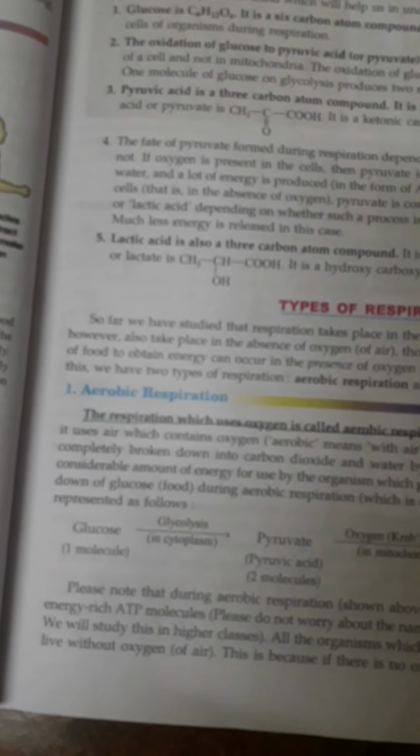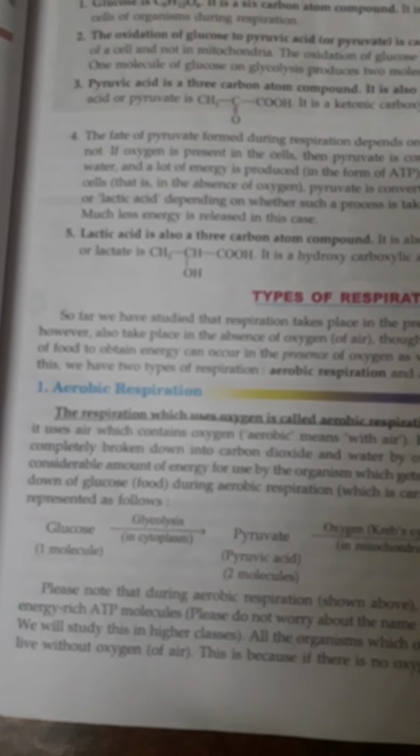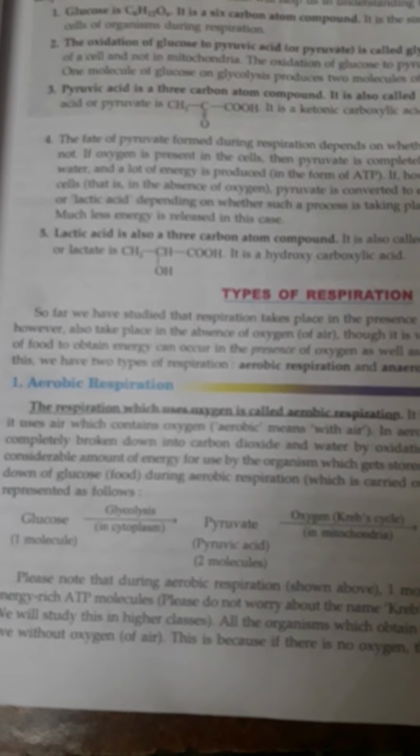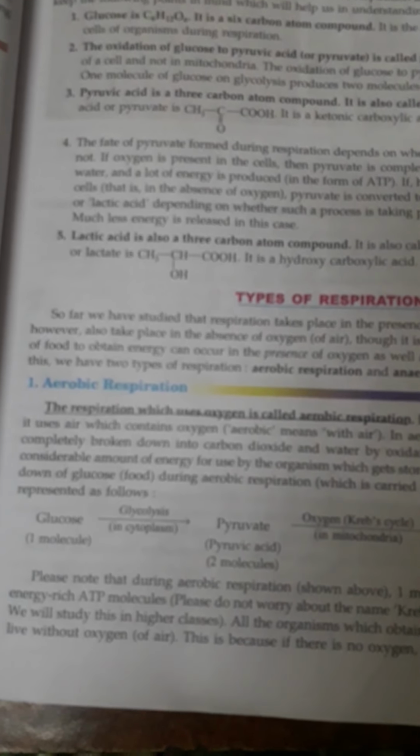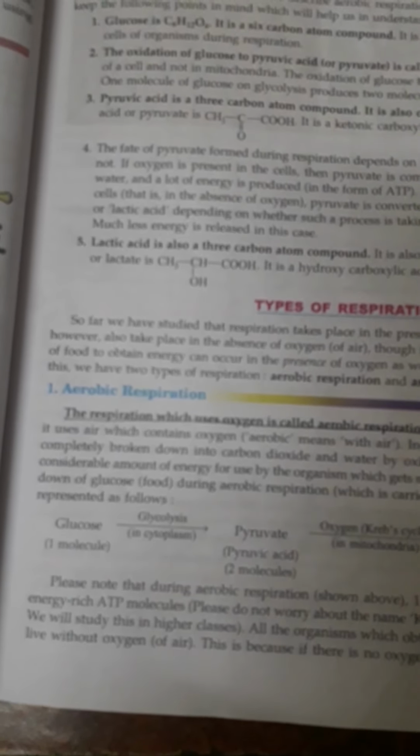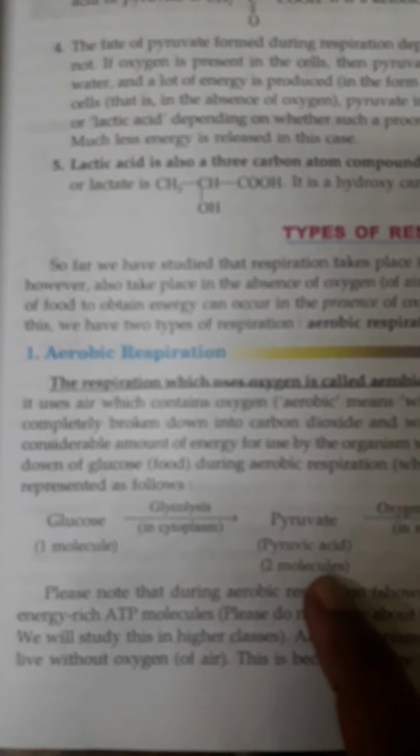Okay, see the first, aerobic respiration. Aerobic respiration means the respiration which takes place in the presence of oxygen. Oxygen is demanded, so it is aerobic. Aero means air, so from air oxygen is needed. It is involved in this respiration, so energy ATP molecules are formed with the help of oxygen. See the reaction. Glucose, it is a simple food which is available in the cell. It is a food molecule, we can say. So one molecule of glucose is broken down into 2 molecules of pyruvic acid with the help of glycolysis.